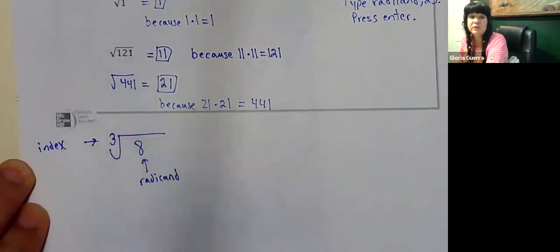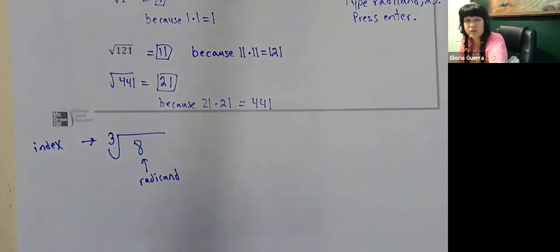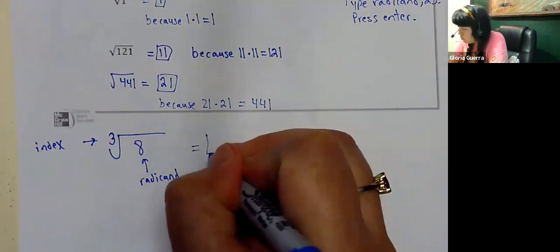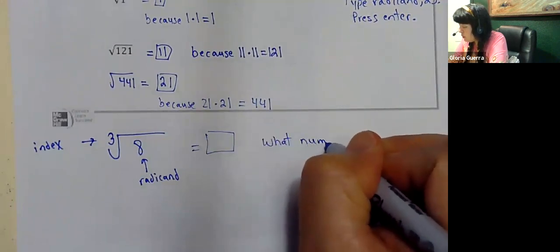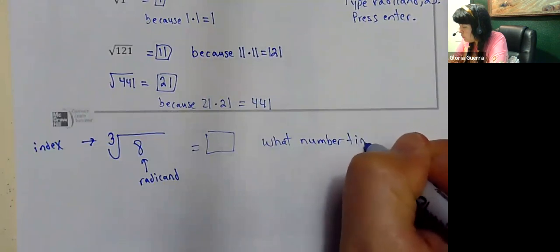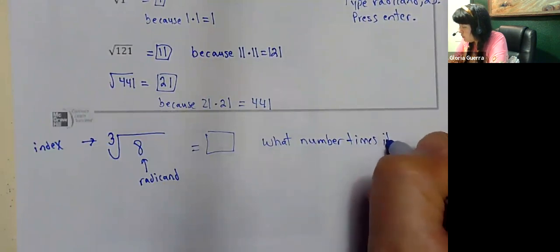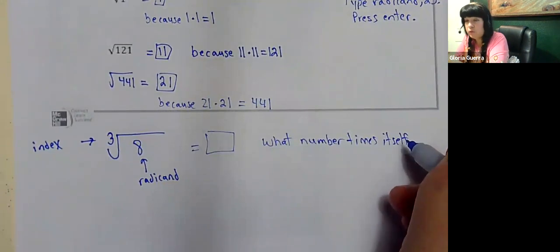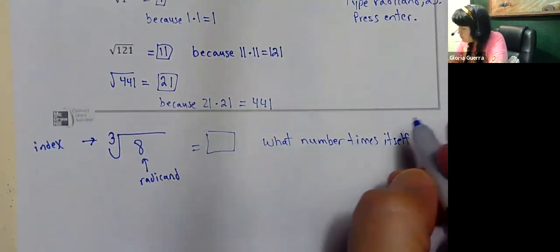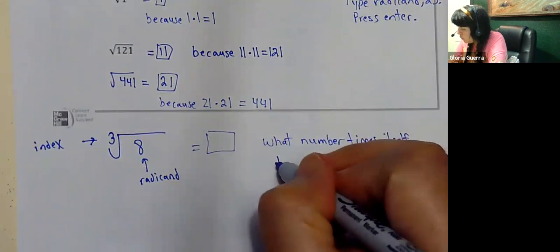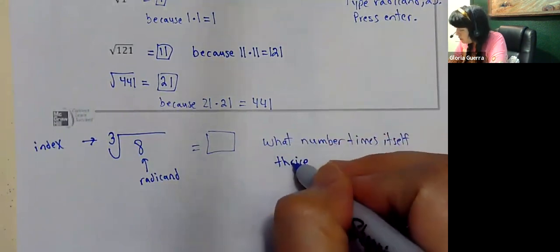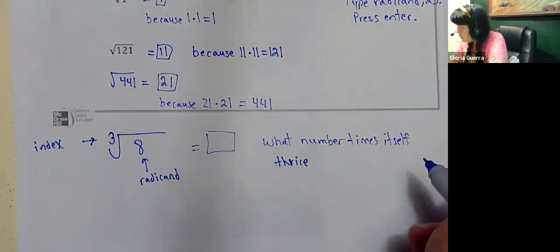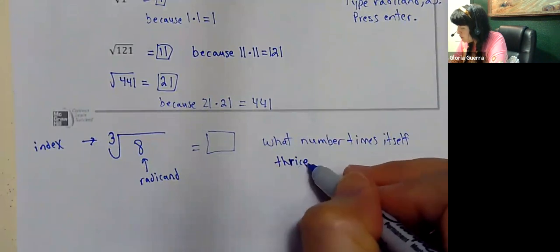But now the index is not an imaginary 2, it's specified 3. When you find the cube root of 8, you're asking yourself, what number times itself, repetitively over and over, but 3 times,